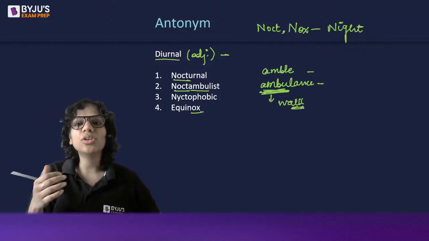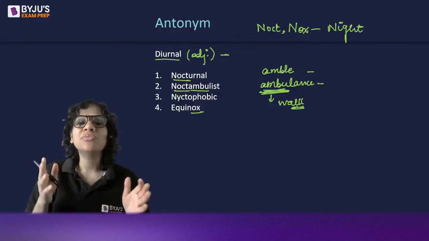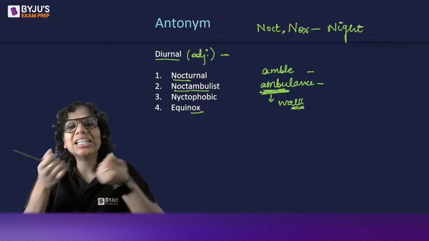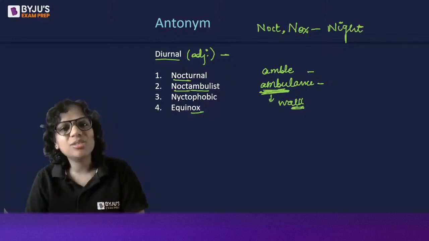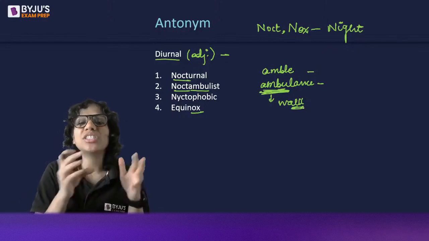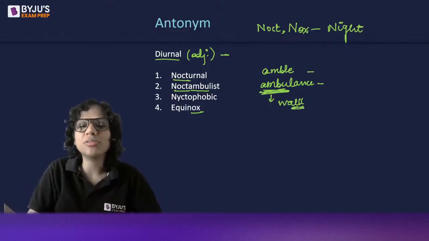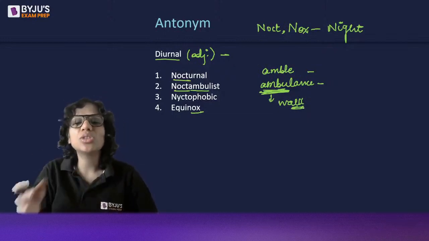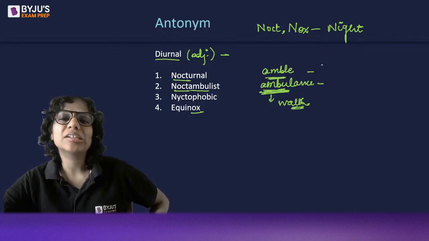If you study word power made easy, it tells you how this word originated. The patient had to be carried from his or her home to the ambulance, and then the ambulance carried the patient to the hospital. Because some people walked the patient to the ambulance, then walked the patient out of the ambulance, that's why it was called ambulance. The root amb here means walk.